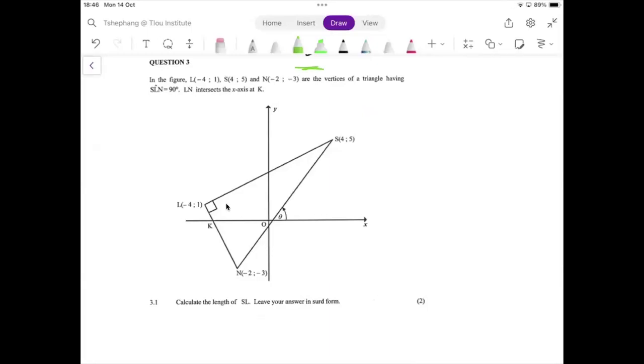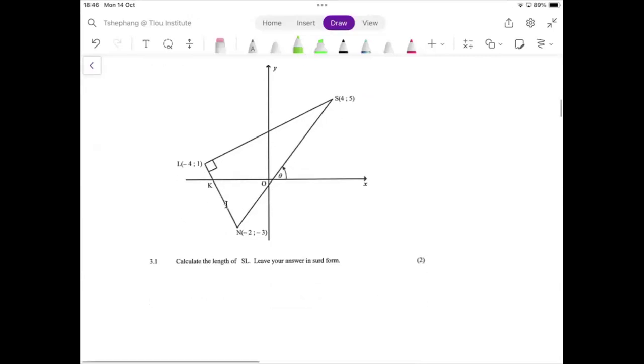Now, that shouldn't be too much of a problem. It's a very easy diagram. They're saying calculate the length of SL. Remember, guys, in your matric paper, you are going to get grade 11 questions, right? Please do practice those. Those are free marks. The length of SL will be quite easy. We can simply say that SL is equal to, this is there on the formula sheet,